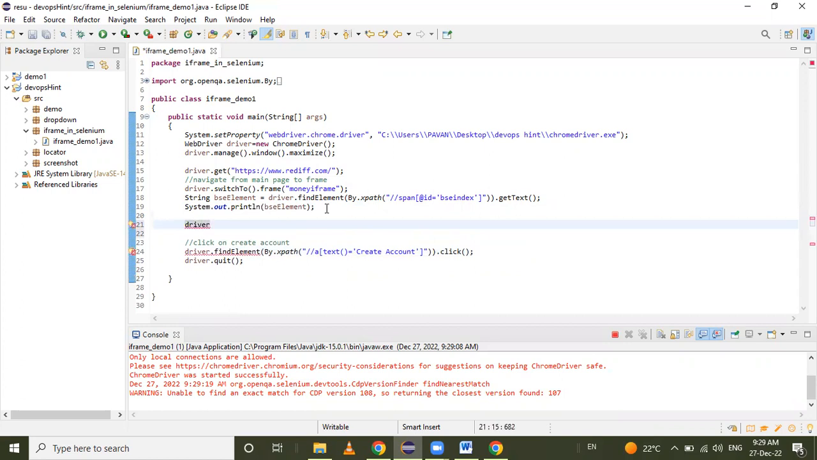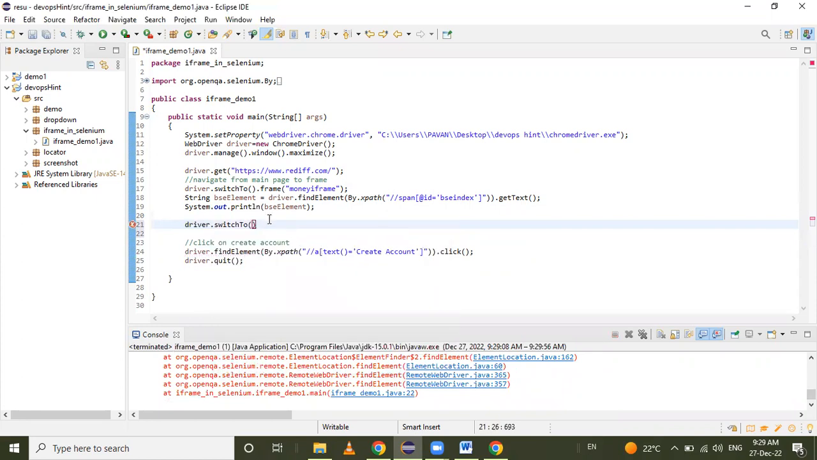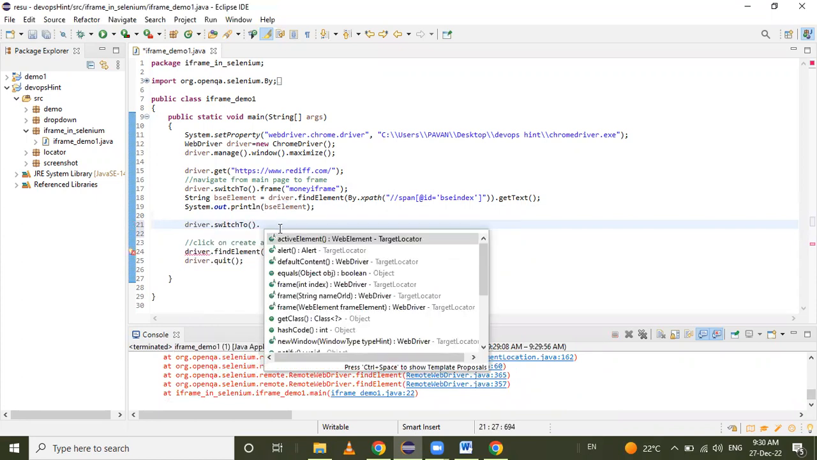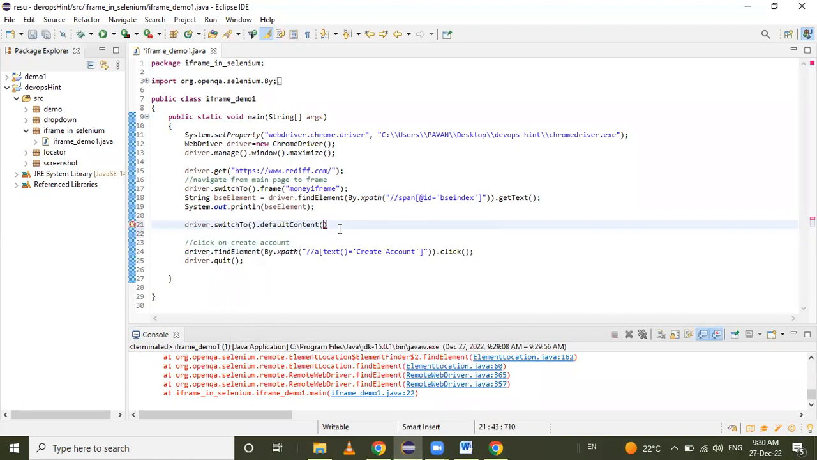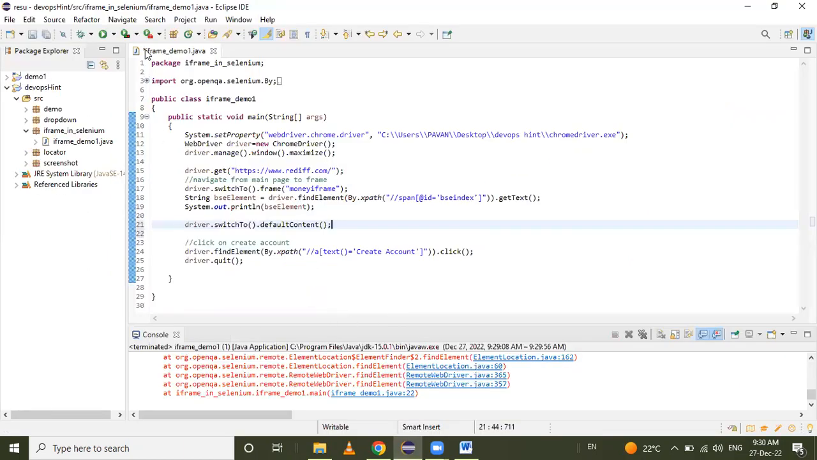that's why here I use driver dot switchTo. To navigate from this iframe to the main page, we have to use the defaultContent method. Okay, we use the defaultContent method, that's why here on this create new account link we have to click. So now I will run this program